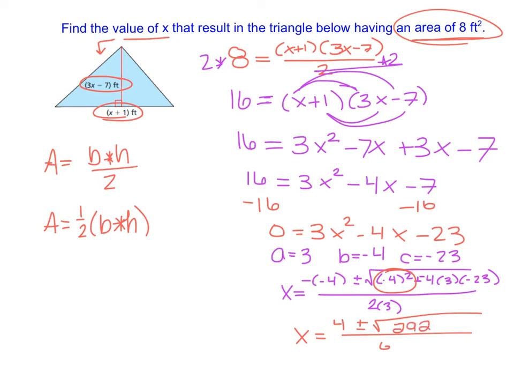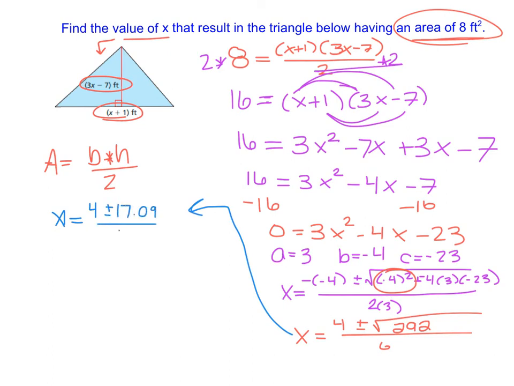Now, again, since this problem is a word problem, we are going to actually evaluate that square root out. If this was the other problems that we were solving, we do simplify the square root, but here you can use decimal approximation since we want an actual value for x that we can relate to. So here we can square root 292, and we end up with about 17.09. So I can now write x equals 4 plus or minus